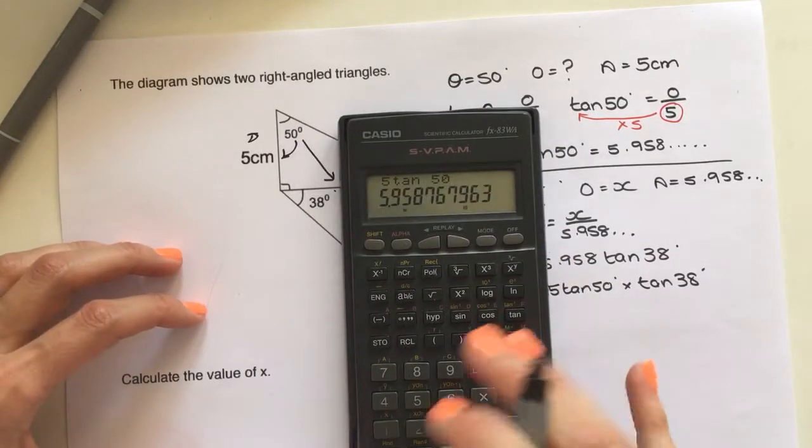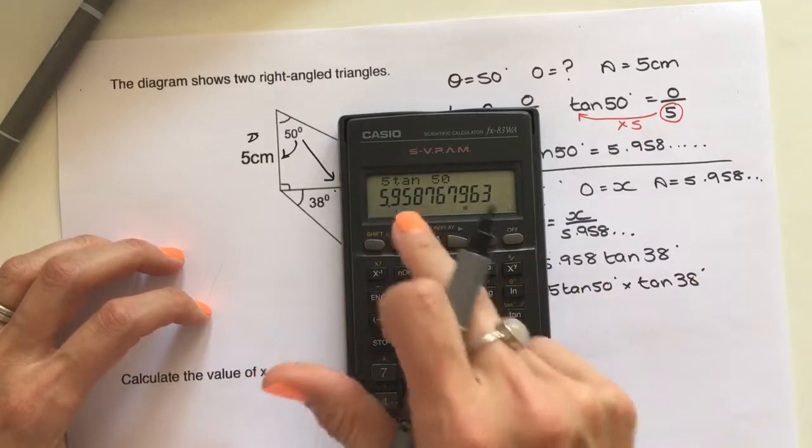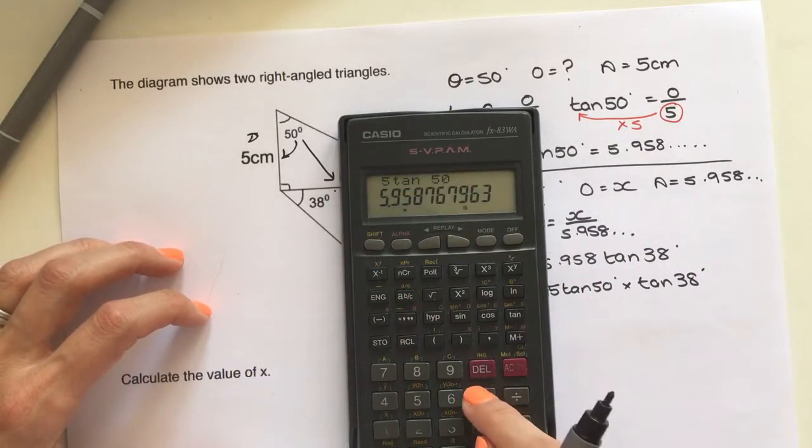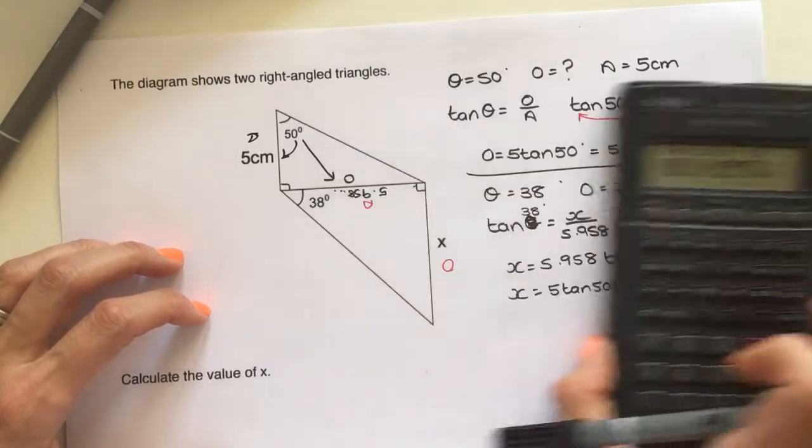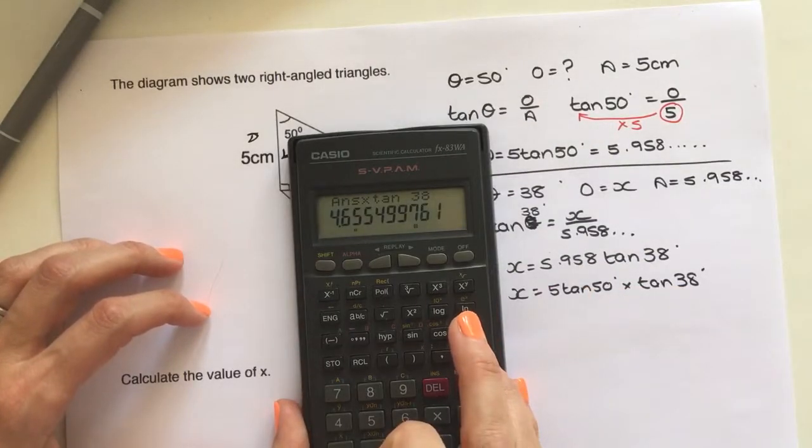It doesn't matter which, but you need to use the exact value. So this is 5 tan 50, which I worked out earlier. I'm going to multiply that by tan 38 to give me an exact value of 4.7